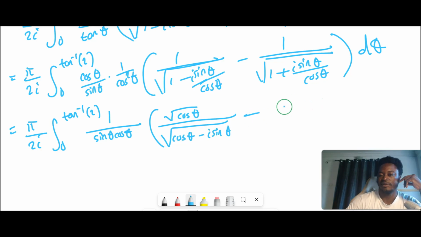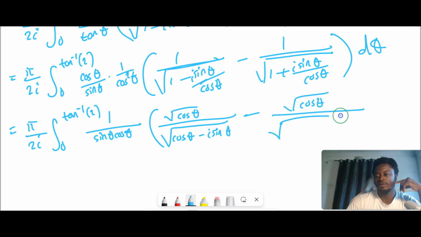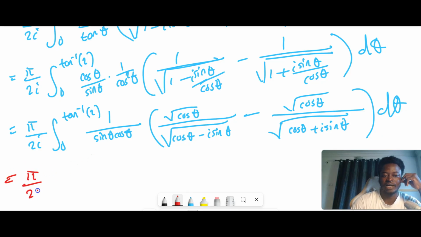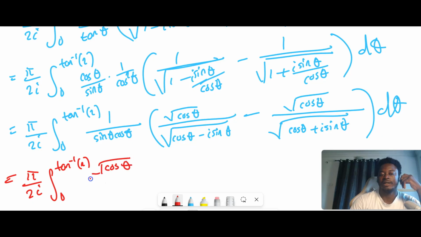Here you subtract this from the square root of cosine theta, and at the bottom you have the square root of cosine theta plus i sine theta, and you have the d theta. So now at least we have something to pull out of the numerator. Let's drag it out. This is pi over 2i. We're going to drag out the square root of cosine, so you have the integral from 0 to tan inverse of 2 of the square root of cosine theta, all divided by sine theta